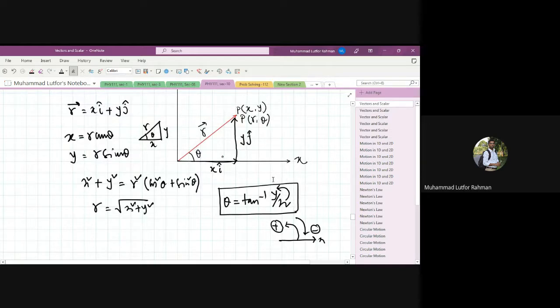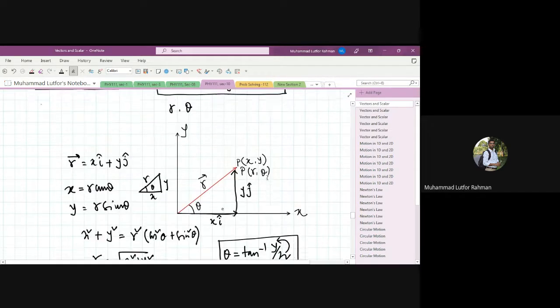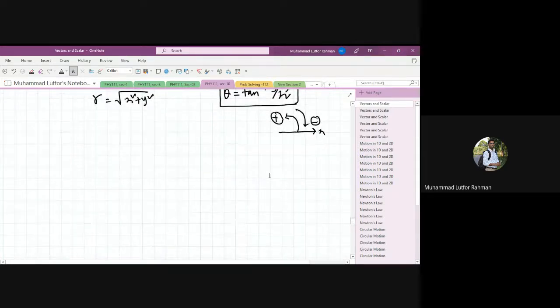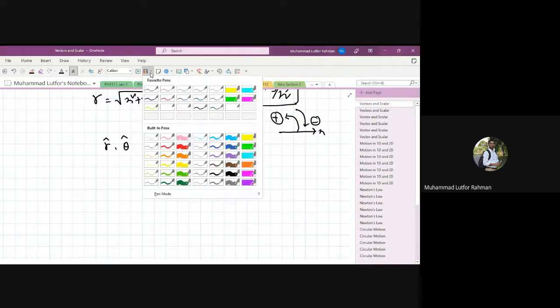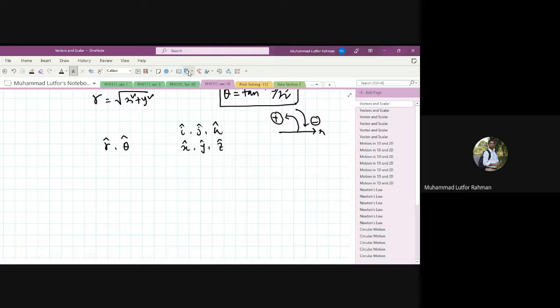Now I have to find out the unit vectors in polar coordinates. In polar coordinates, the unit vectors are r hat and theta hat. Like in Cartesian coordinates, we say i hat, j hat, or k hat, which could also be represented as x hat, y hat, or z hat. Since the polar variables are r and theta, we express r hat and theta hat. Now I have to find out the value of these unit vectors. For that,